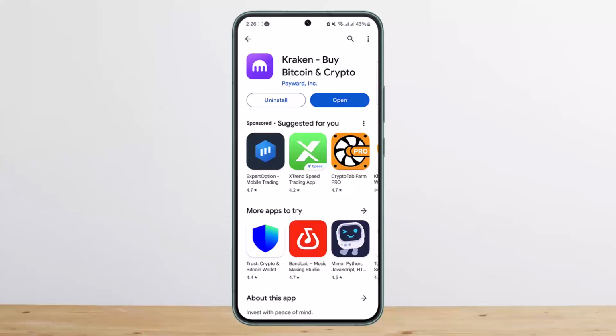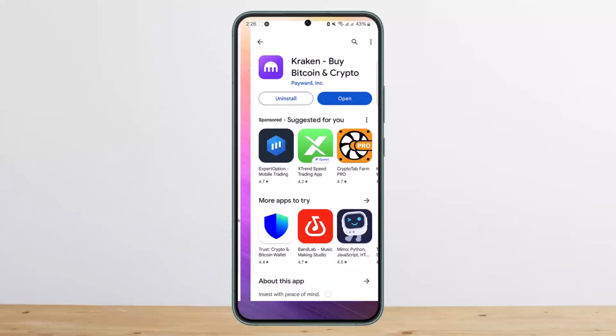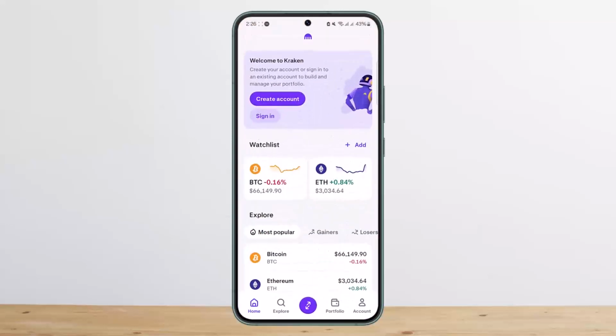Now, I'll just be guiding you through. The process is pretty quick and simple. Unfortunately, I'm unable to show you in detail here because I'm unable to access my account due to certain reasons. However, in order to withdraw, first you want to sign into your Kraken account